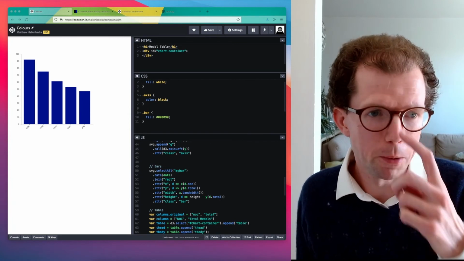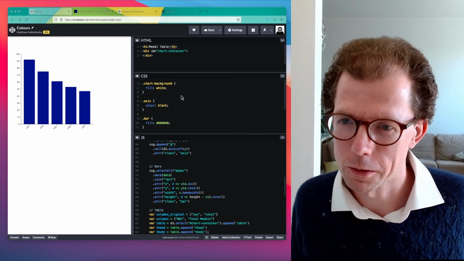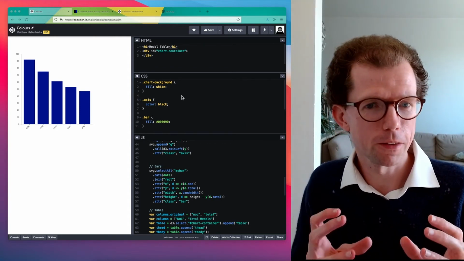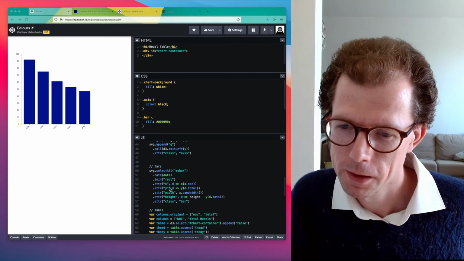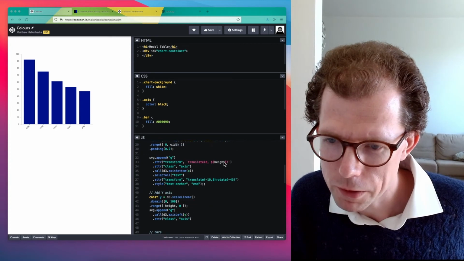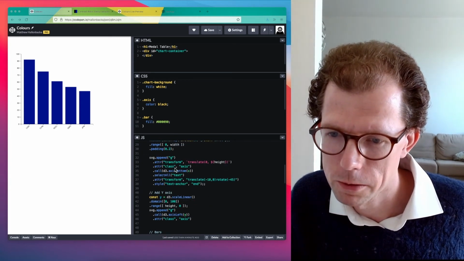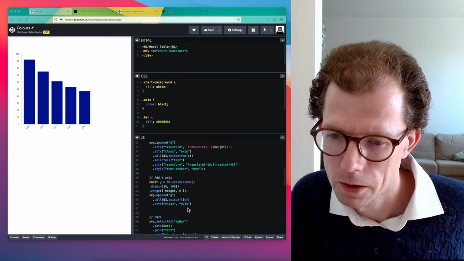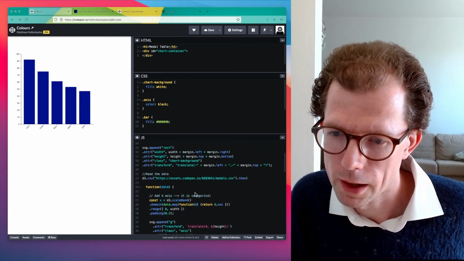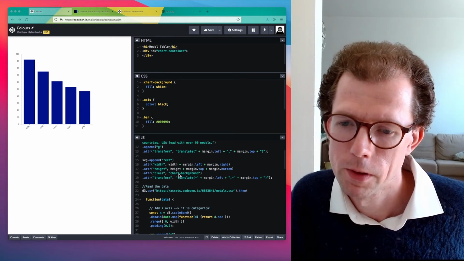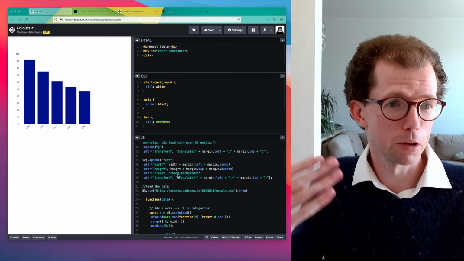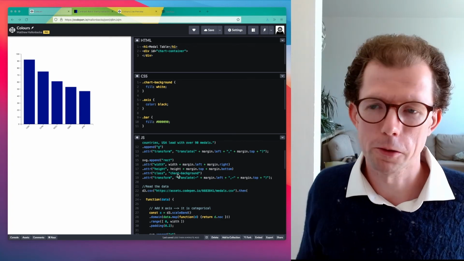Okay, and after another quick pause, we are now getting all the colors from CSS, which is definitely my favorite way to do this, because you can really carefully match the styles of the page it's embedded in. So we've removed all of the colors I could find from here, and we've added classes now. So a class for each axis, or the same class for each axis, a class for the bar, and a class for the background. So you can make sure the background matches the page, and that way if the user overrides the page background, the chart still looks okay.